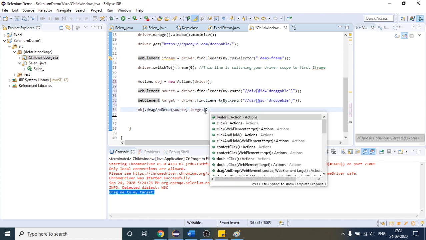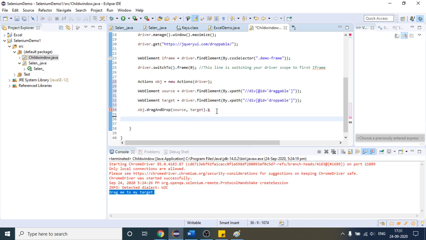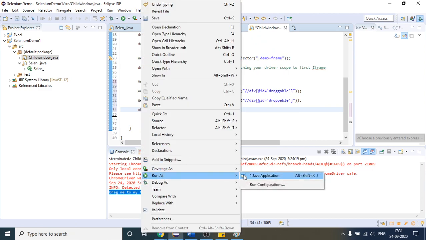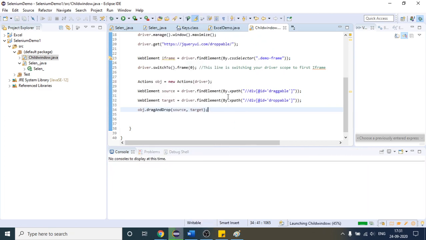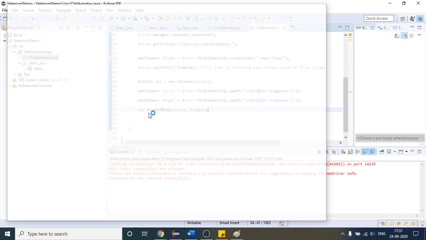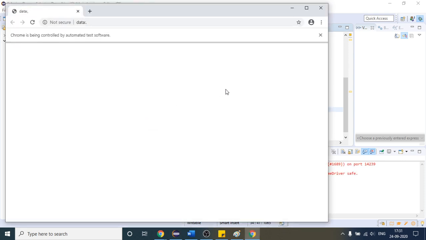So what I am trying to say is, if you are using the Actions class and performing any operation with it, you may think that if I write it like this, it will work fine. Let us see whether it is working or not. This one method will just drag your source element to the target element, but you will see that this will not work.